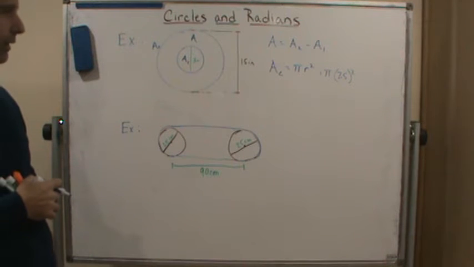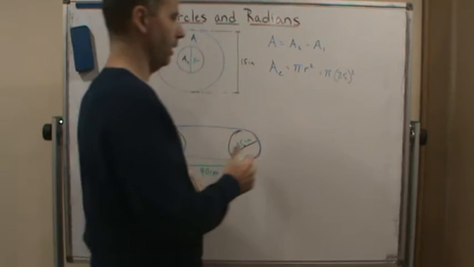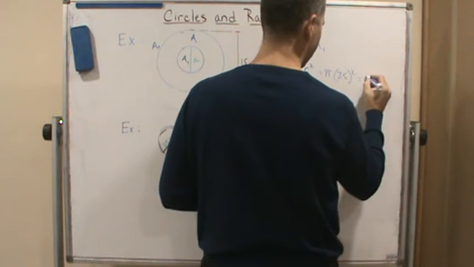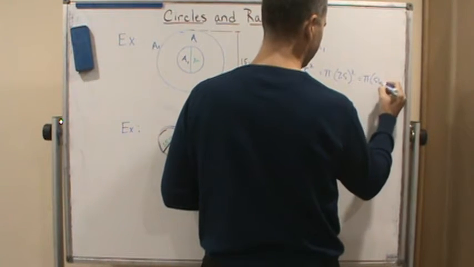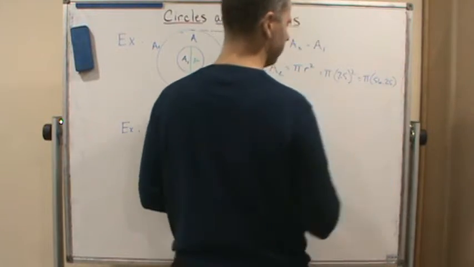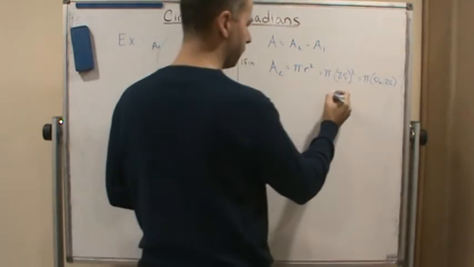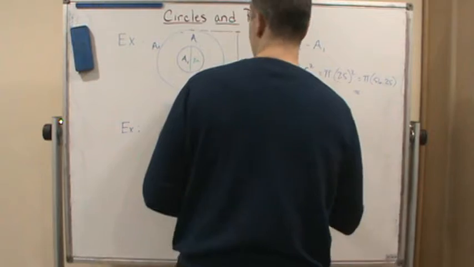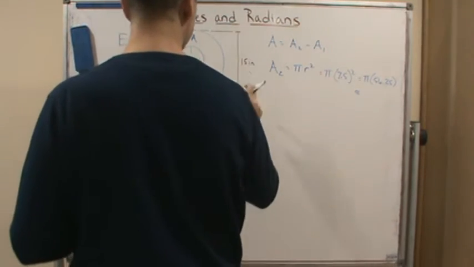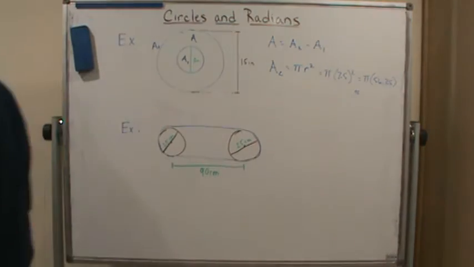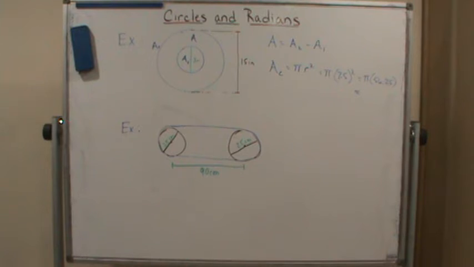So now we're going to square that, and that's going to give us pi times 56.25. And so the approximate area, again, we're rounding to the nearest tenth of an inch. Okay, so the area of the larger circle